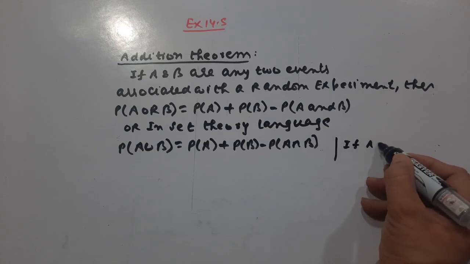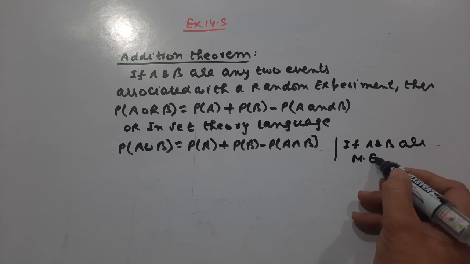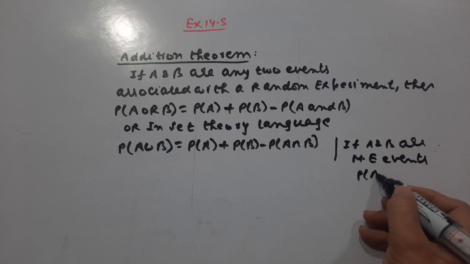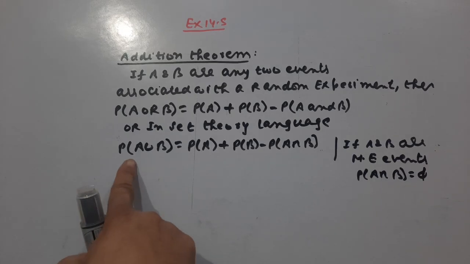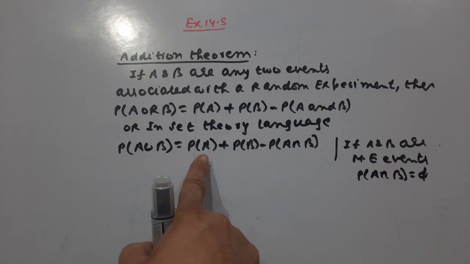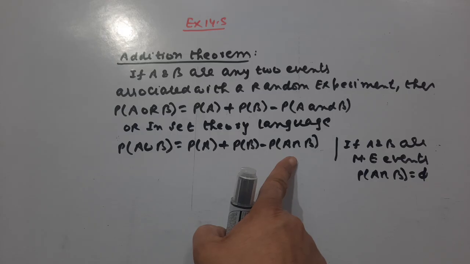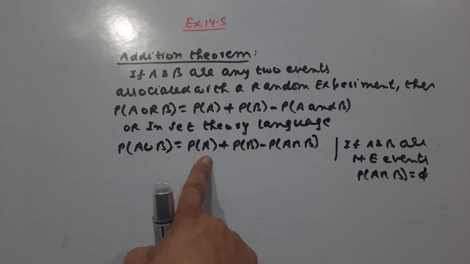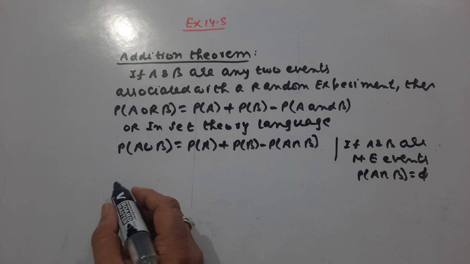If A and B are mutually exclusive events, then P of A intersection B is equal to phi. In that case, we have P of A union B is equal to P of A plus P of B. Now, when events are not mutually exclusive, then P of A union B is equal to P of A plus P of B minus P of A intersection B. Right? Then for three events,